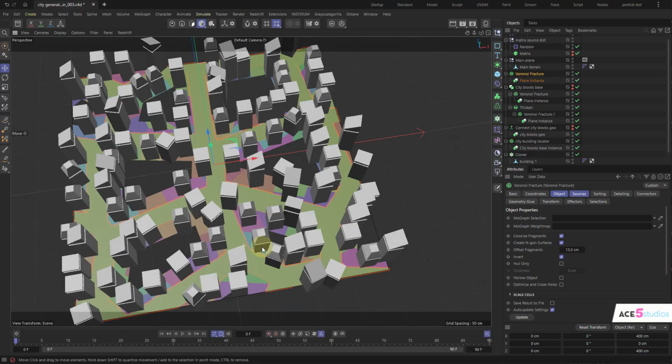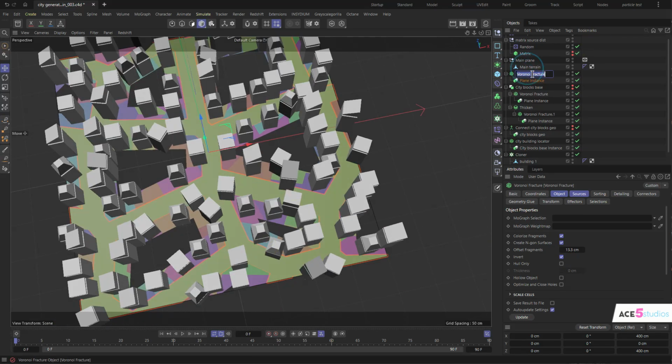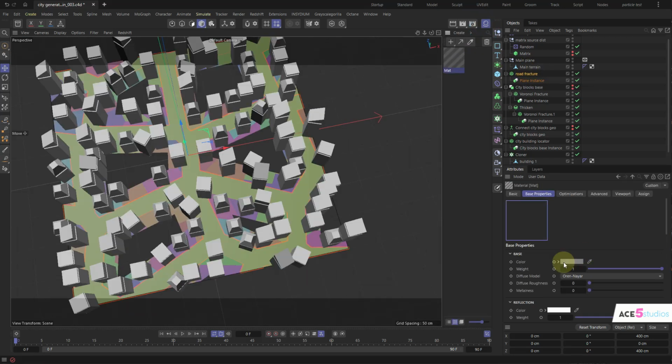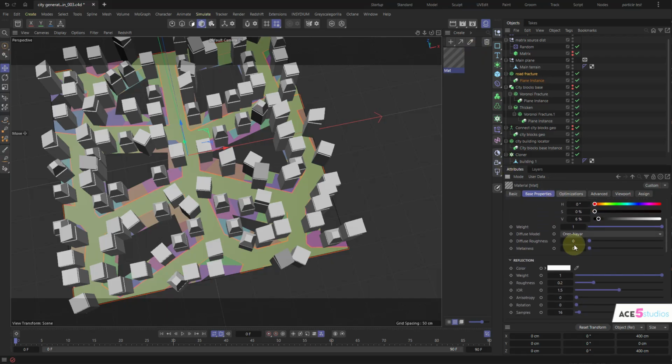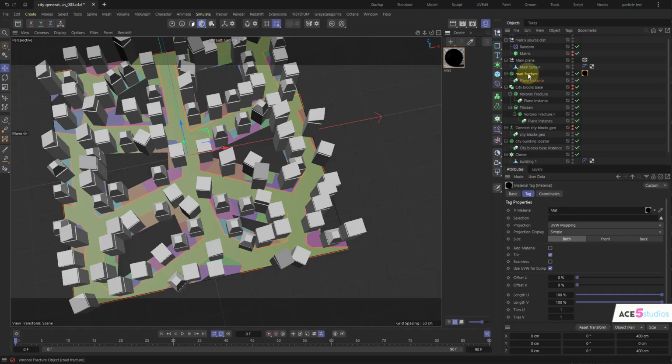Now see, it fills in like a road. Let's call this road fracture. Let's make a material, double click, make it nice and dark because it's going to be our road, and maybe go to reflection and turn that all the way down,